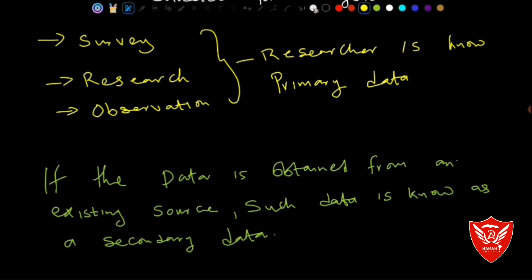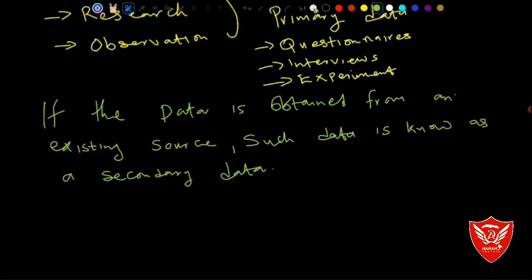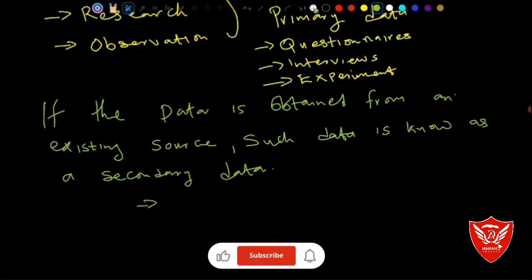An example of a primary data is when a researcher uses a questionnaire or an interview or an experiment. Now, when a researcher uses a questionnaire, interview, or an experiment to gather data, such data is known as a primary data. Example of the secondary data is newspaper